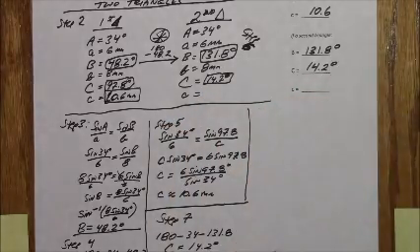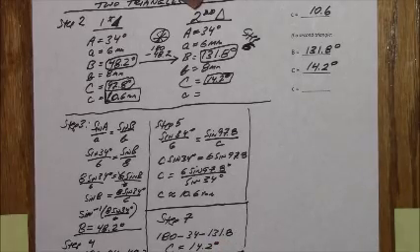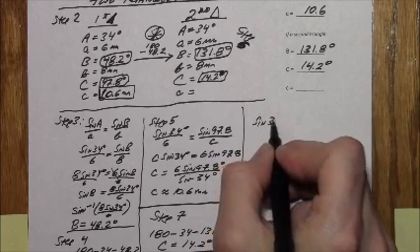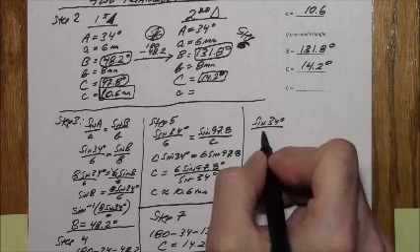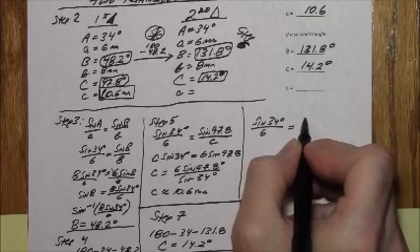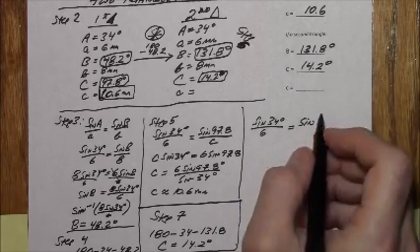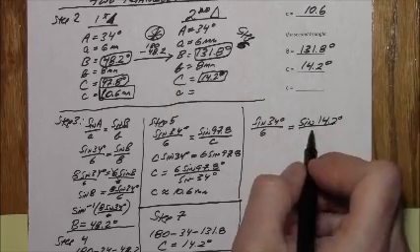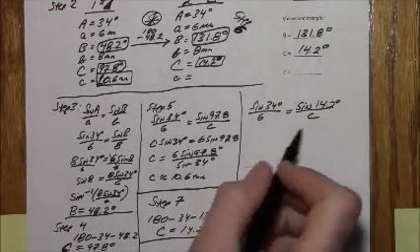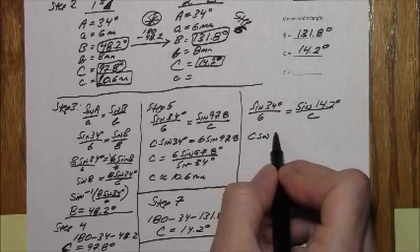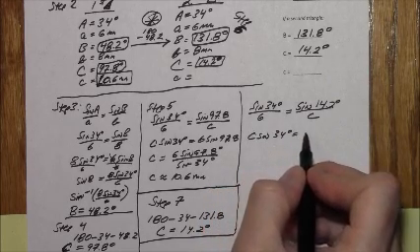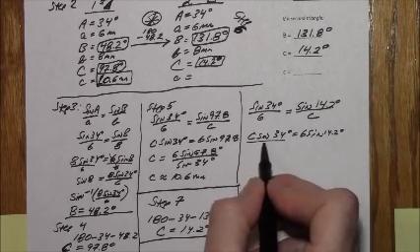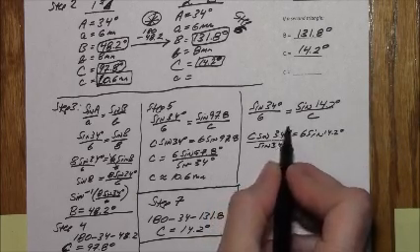Now we can use the law of sines to find out the amount of side C, because we know that the sine of 34 degrees for A over the length A is equal to the sine of this new angle C, 14.2 degrees, over the amount of C, which we don't know. So now let's cross multiply. C sine 34 equals 6 sine 14.2, divide by sine 34 degrees,